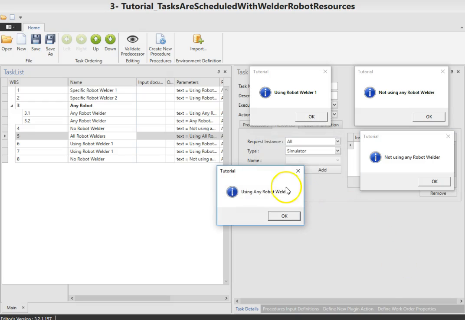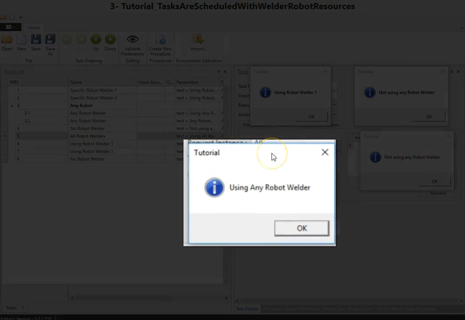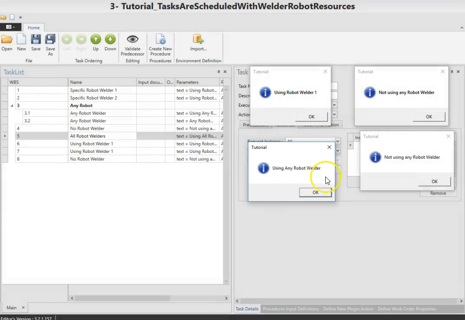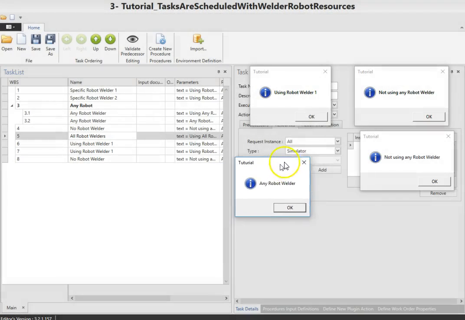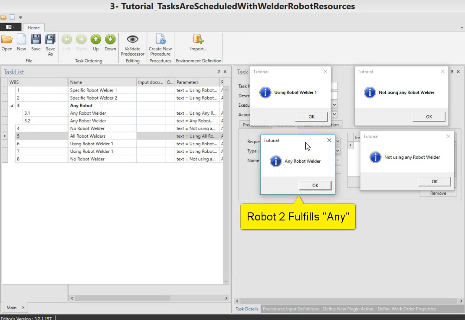Now in this case, I'm going to complete using robot welder number 2. And we'll see that using any robot welder comes up. So that's using robot welder number 2 right now to do this task. As far as it knows, robot welder number 1 is still occupied with the first task that it was running. If I complete this using any robot welder task, which is currently using welder number 2 at the moment, it launches the second any robot welder task. Well, it says, okay, robot number 2 completed my first any robot welder task, and when that's done, I have an available robot, so I'm going to launch the second any robot welder task. It doesn't care whether it's robot 1 or robot 2 doing it. So I'm going to complete this again,